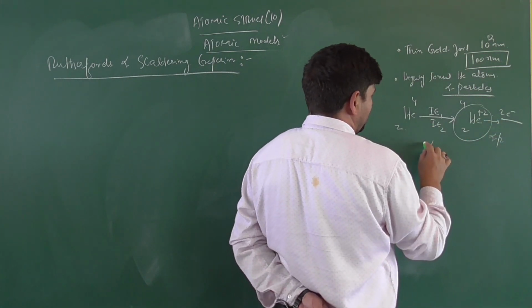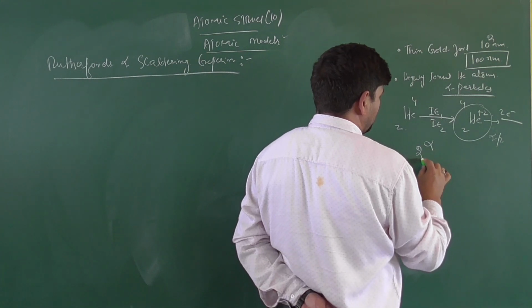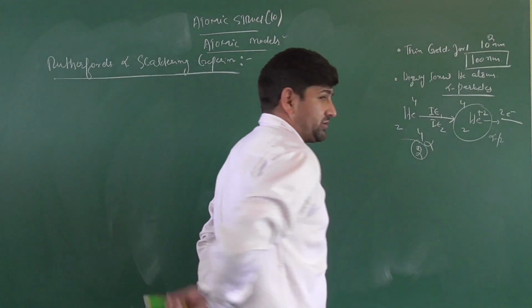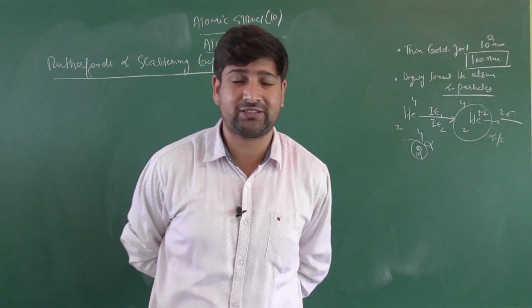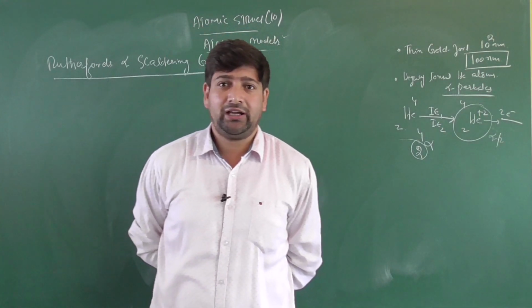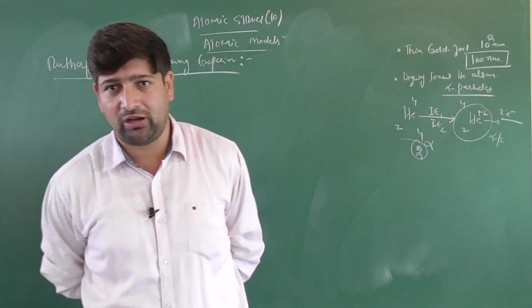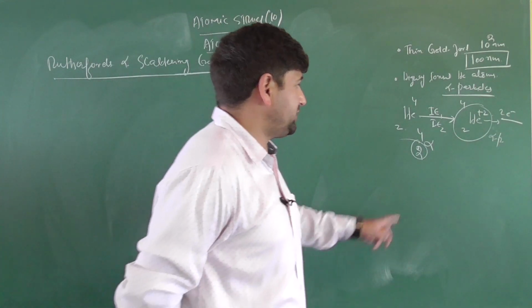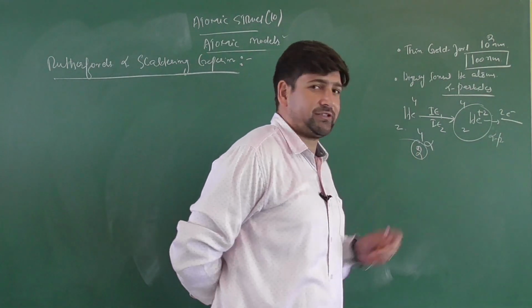So we can also write alpha particles have atomic number 2 and mass number 4, because protons determine the atomic number, as I mentioned in our first class. That atomic number in a non-neutral atom is decided on the basis of the number of protons. Excellent. So these are alpha particles, highly charged alpha particles.